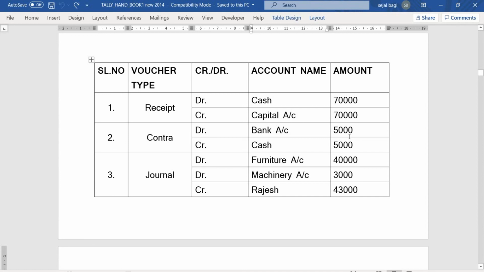Credit, cash 5,000. Check the third transaction. Provide the voucher name, that is journal. Debit, furniture account 40,000. Debit, machinery account 3,000. Then credit, Rajesh 43,000. This way we have to write for all the transactions.